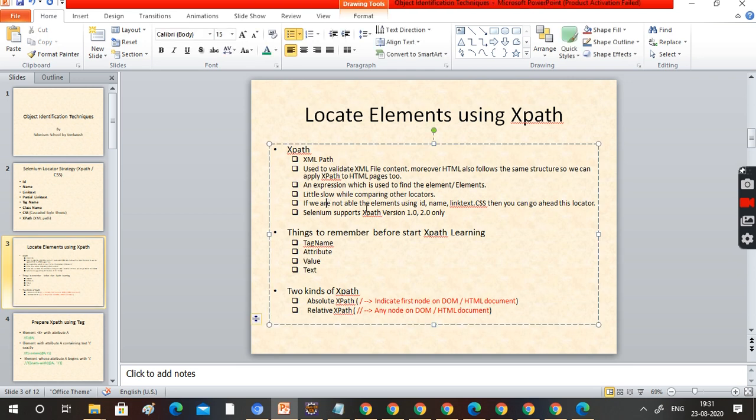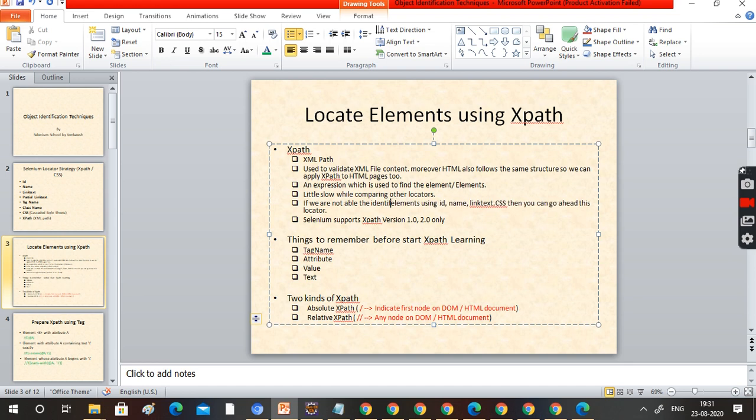If you are not able to identify the element using ID, name, link text, CSS, then you can go ahead and use this locator. That is what we did previously. And moreover, Selenium supports XPath version 1.0 and 2.0 only, not 3.0.